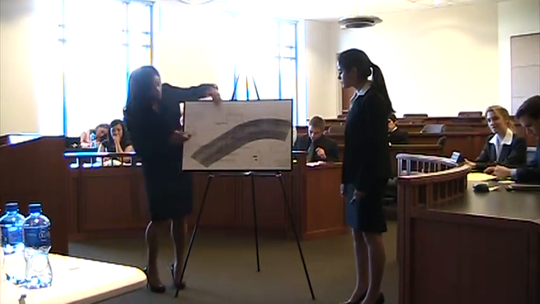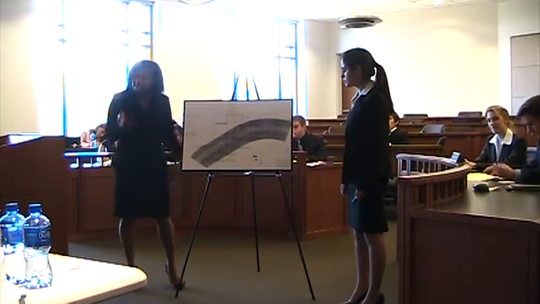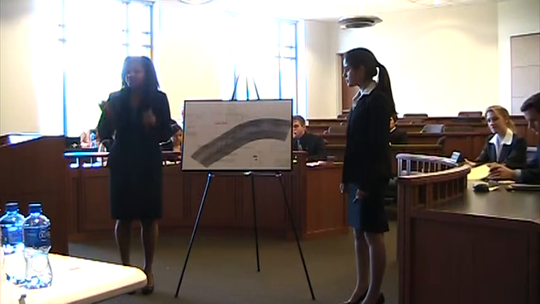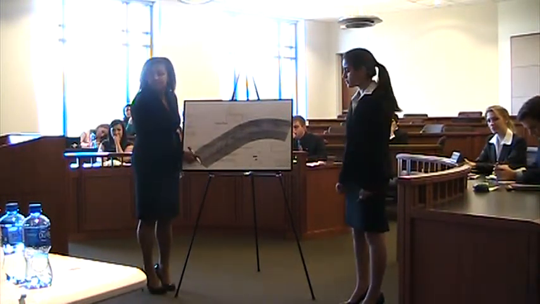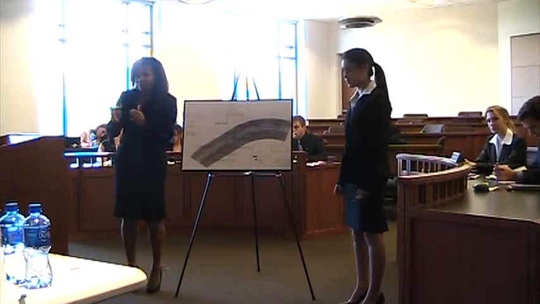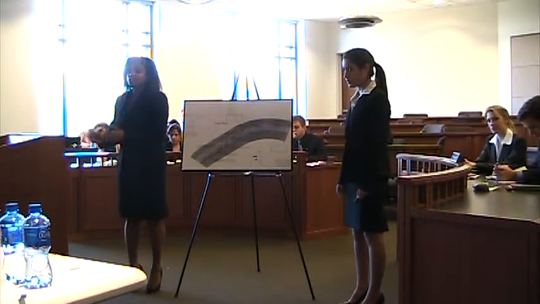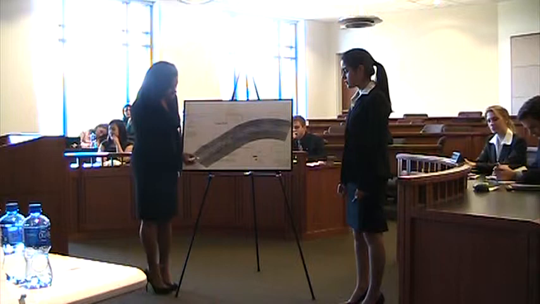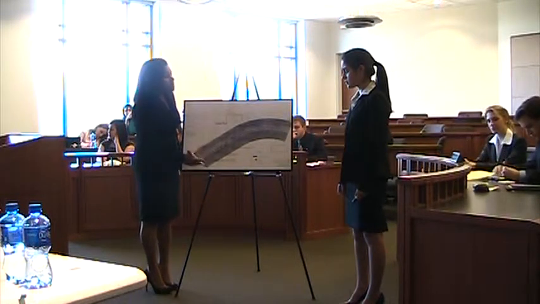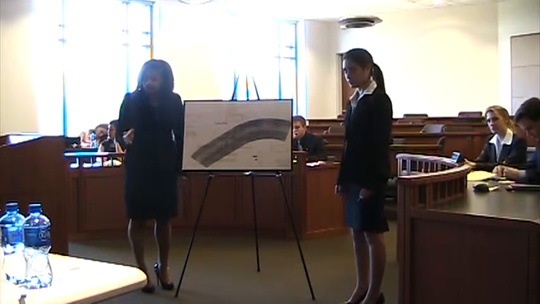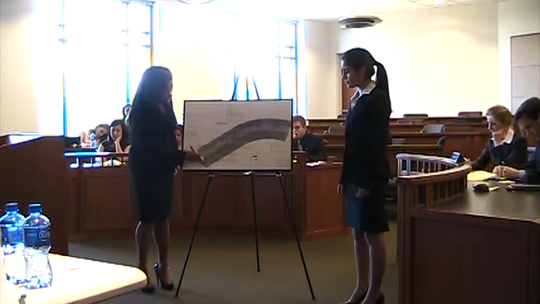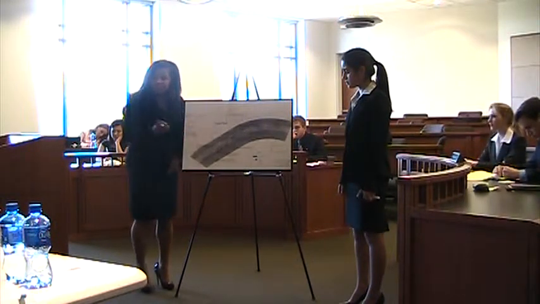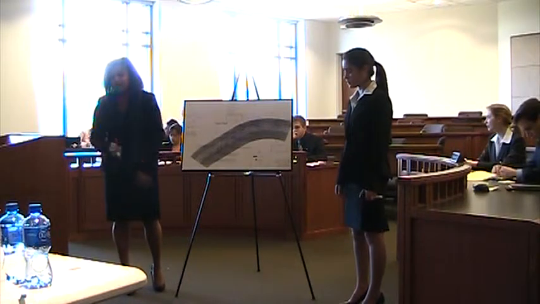Well, as you can see, the road is very curvy, and there aren't any signs warning motorists about the upcoming curve. In addition to that, there's a very short shoulder. Now, shoulders are just the parts on the other side of those white lines that you're driving on, meaning that it's easy for motorists to drive off the road. And at that point in the curve, it's a very steep embankment, meaning that since that shoulder is so short, it's easy for you to drive off and possibly tip your car.